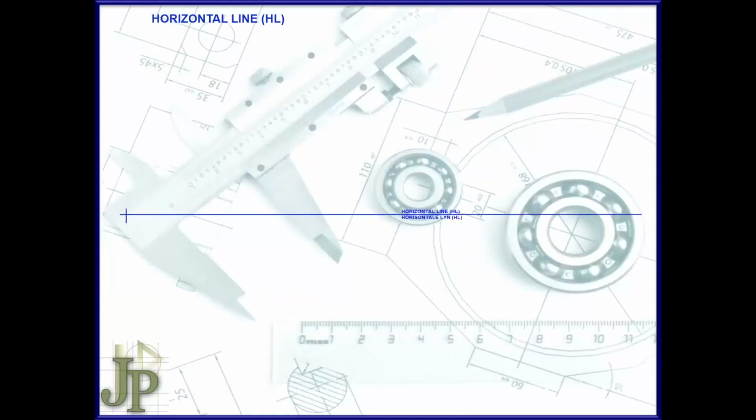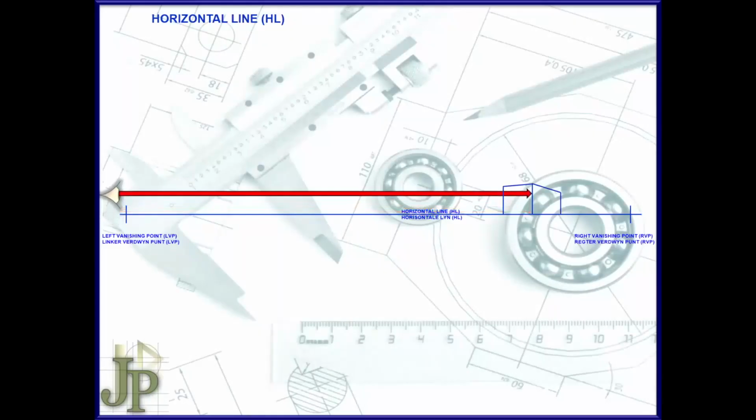And on my horizontal line, I will always have my left hand vanishing point as well as my right hand vanishing point. So when we place the object on the horizon line, and if I look in the direction of the object, I can clearly see for the complete height of the leading edge that no detail for the top part or the bottom part of my model will be visible when I project it from the left hand as well as from the right hand vanishing point.